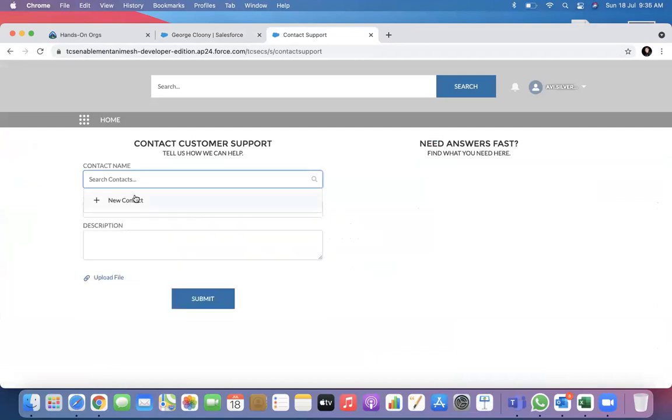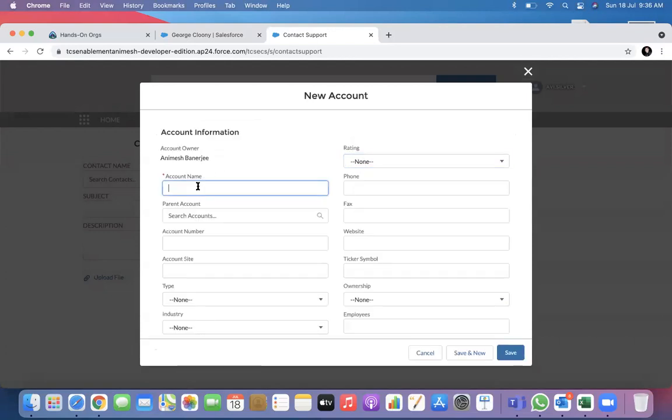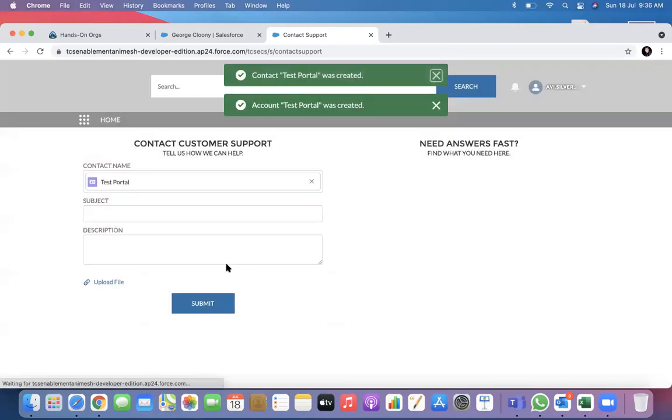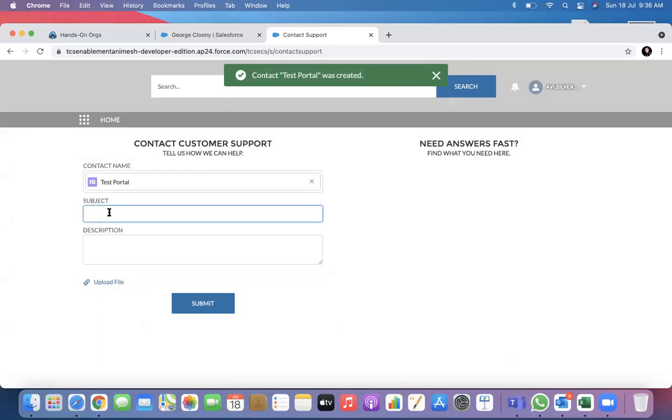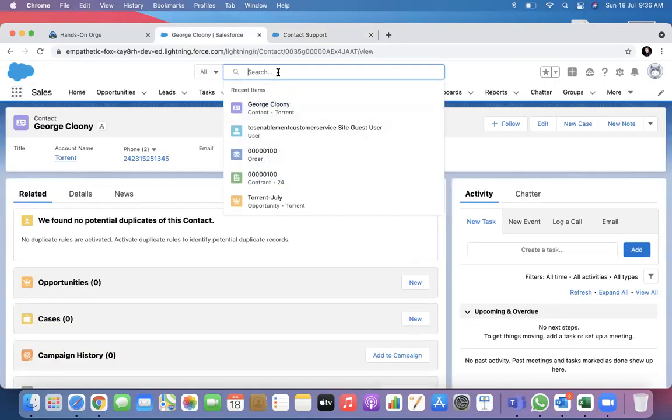Like I say, I will create a new contact. Test portal. Probably I will create a new account. Portal. I will give my subject as test portal case and submit it. So you see, this case number is there, right? This is generated for my customer. But if I go here and search for it,